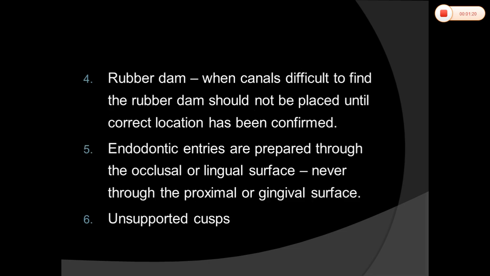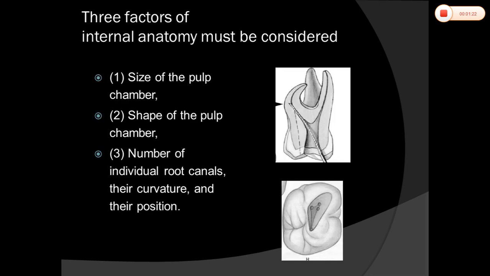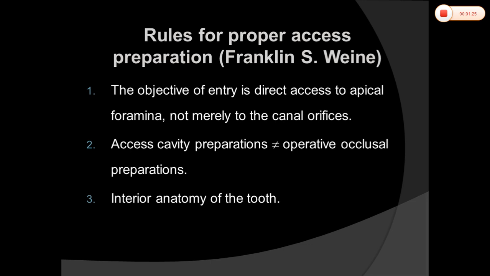And there are some guidelines for access cavity preparation. First one is visualization of the likely internal anatomy, and this requires an IOPA and examination of the tooth anatomy at coronal and cervical thirds levels and diagnosis. Here in the diagnosis, through IOPAs, radiographs, we can see the number of root canals and their position and the position of the pulp chamber.